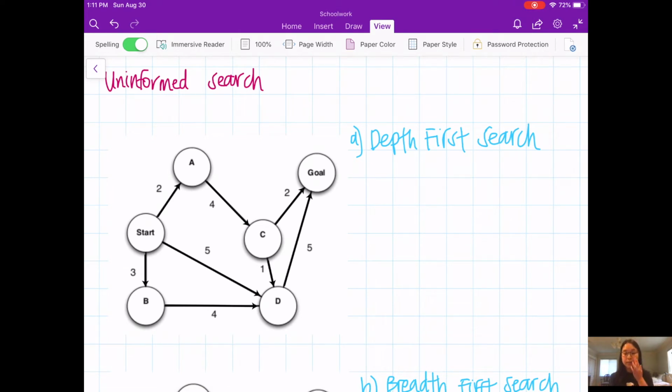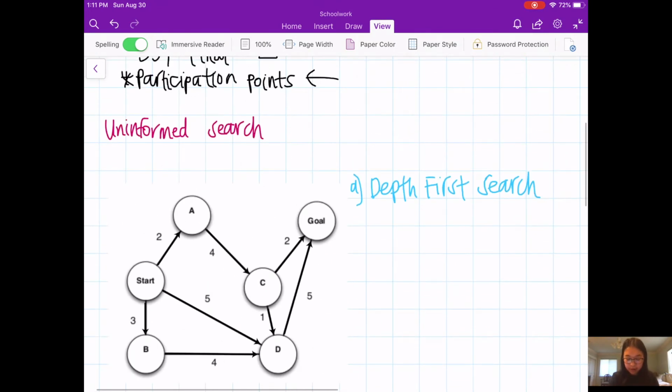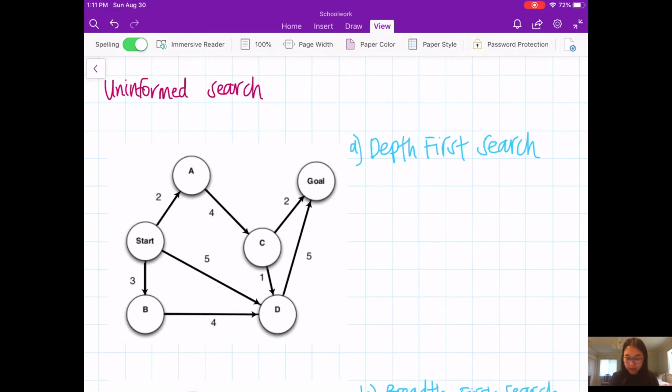Cool. So this next question is based on uninformed search, and that is basically just a type of search where there is no extra information that the agent knows other than the structure of the tree or of the graph. Because of that, these types of searches become more like brute force, where the agent is just trying and continuously looking until they find the goal. Specifically, the 3 types of searches are depth first search, breadth first search, and uniform cost search. So we are just going to start with depth first search and then apply it on this graph.